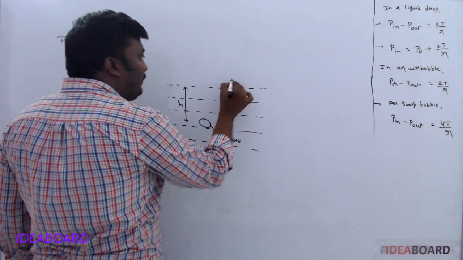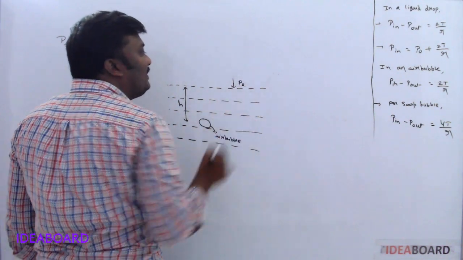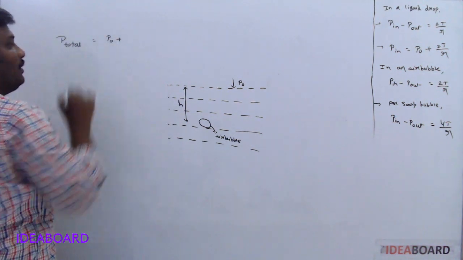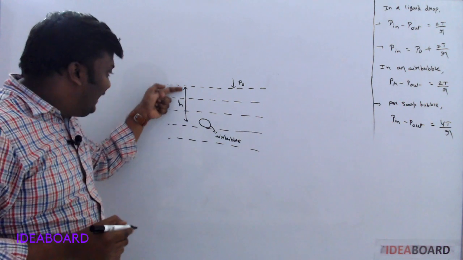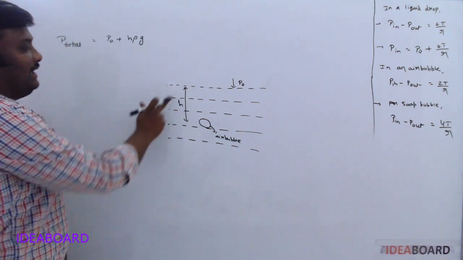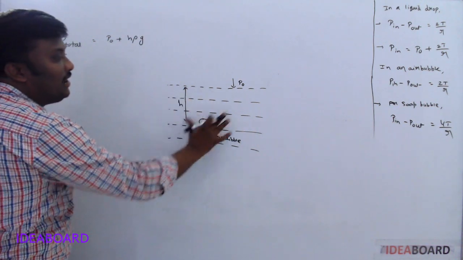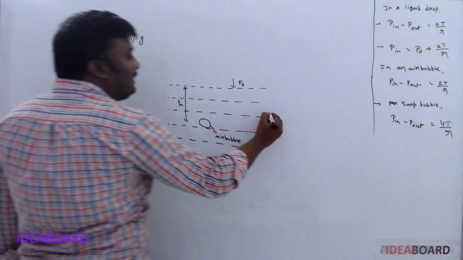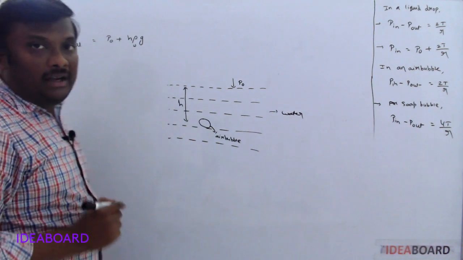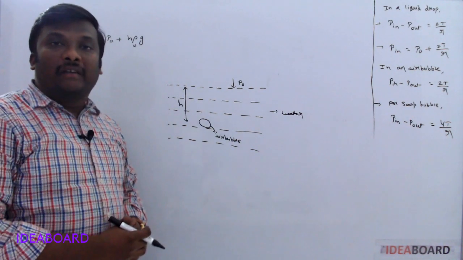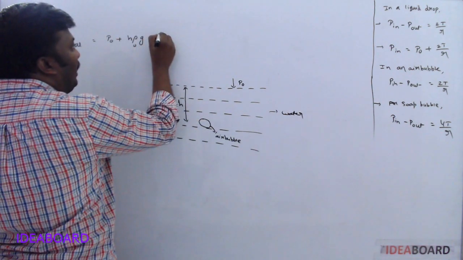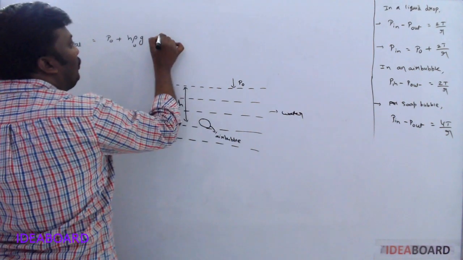Okay. Now, on the surface we know atmospheric pressure is always acting. So, P naught plus, since the air bubble is at a depth h, the pressure formula is h rho g. Here h is the depth, rho is the density of the liquid. If you take this as water, then instead of rho we may write rho water. g is the acceleration due to gravity, we know that, and within the air bubble we have a pressure of 2T by R.